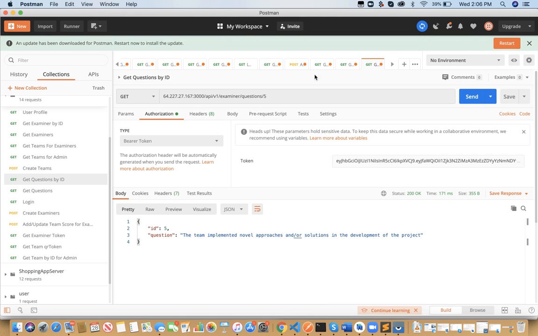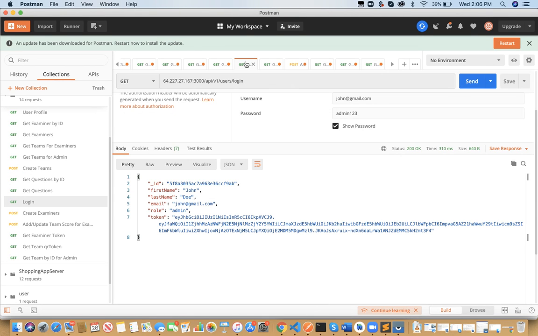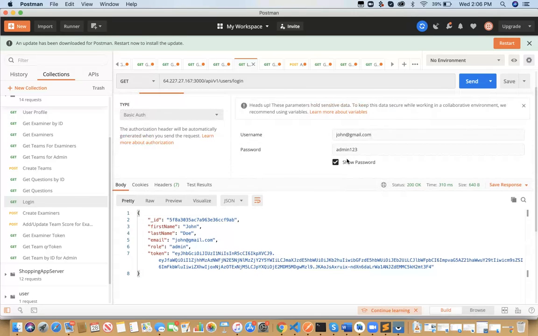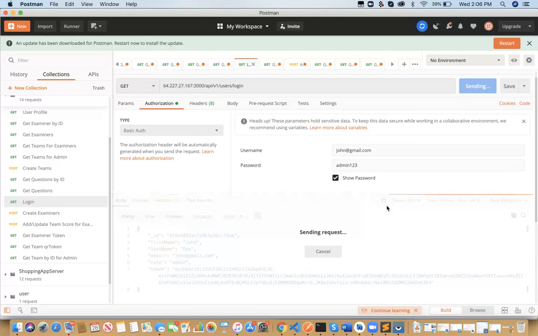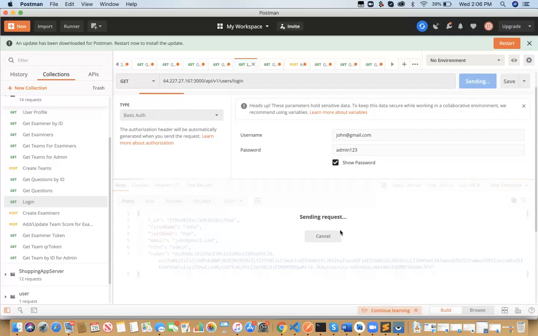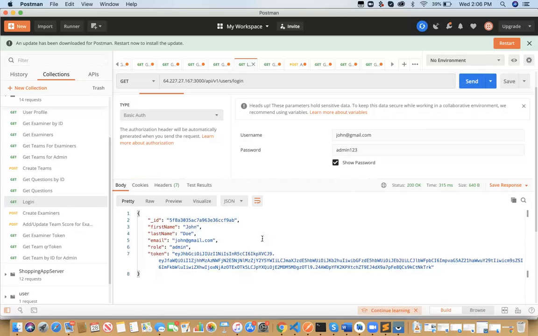Hello everybody, this is the demo for the project scoping project by group 2, where we have created a poster evaluation system which can be accessed by an admin and an examiner. So the first endpoint is to help a user log in using either username and password, or a bearer token in the case of an examiner. So let's say we are logging in with the username and password. So here we get the user along with a new token assigned to the user.